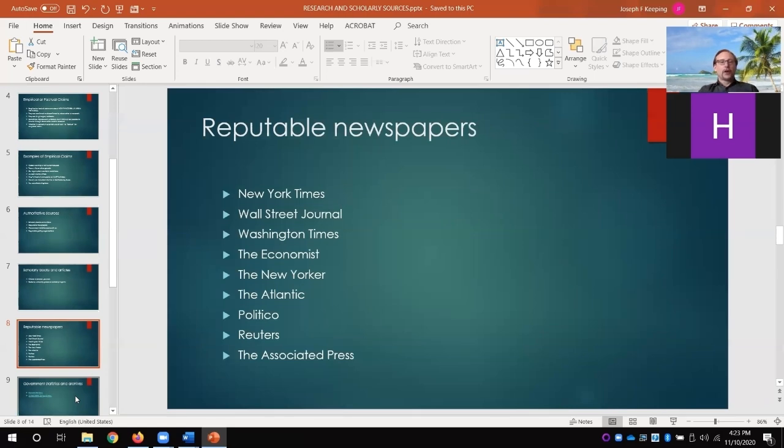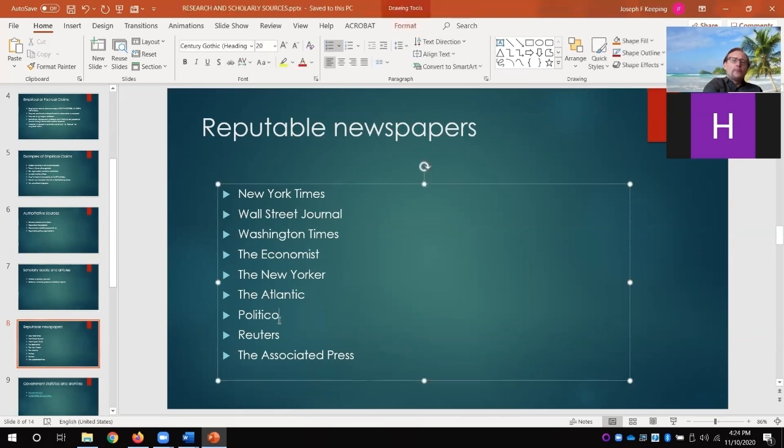Reputable newspapers. Okay, how do you know if a newspaper is reputable? Well, there are a bunch that we just know are reputable. Generally, they're the ones that have been around for a long, long time, the ones that actually were newspapers before the internet. Like the New York Times and the Wall Street Journal and some of the others here. Although some of these, I think Politico does not predate the internet. I think that only ever had